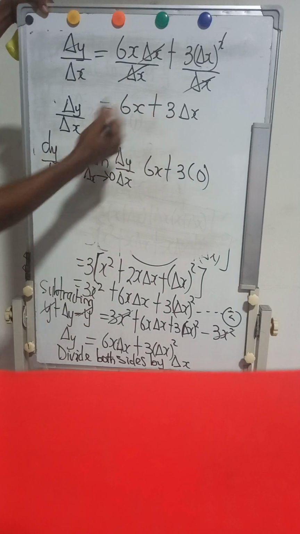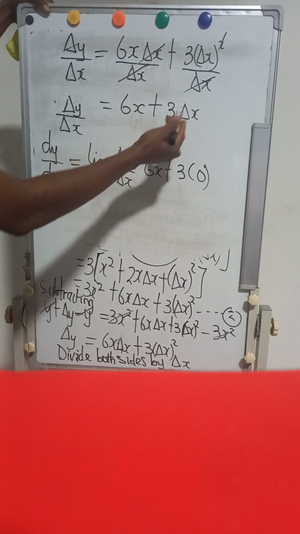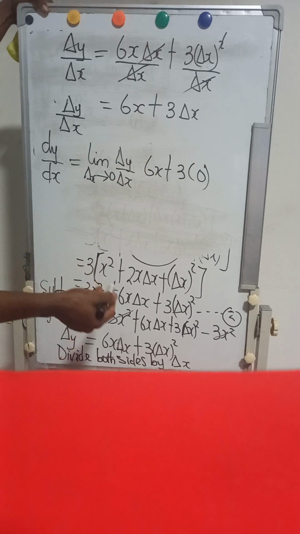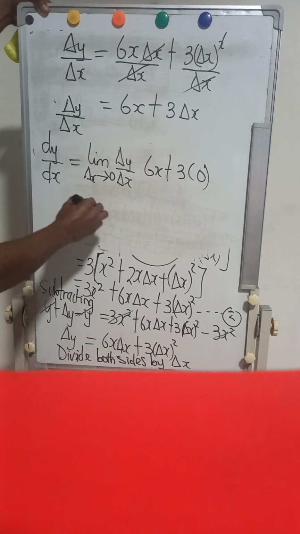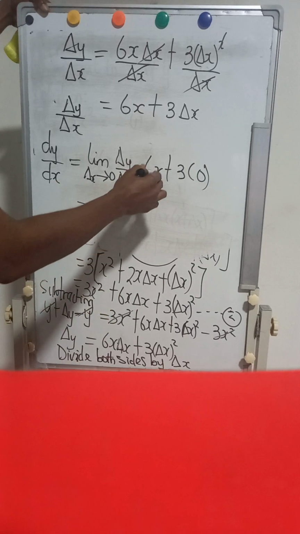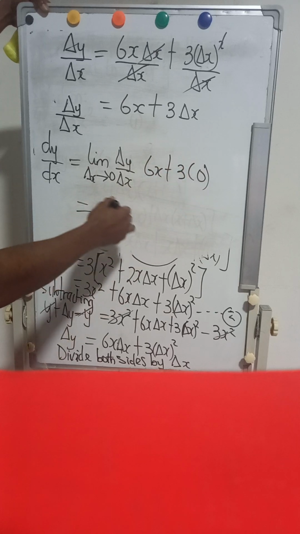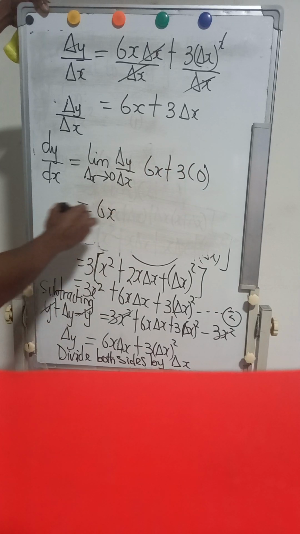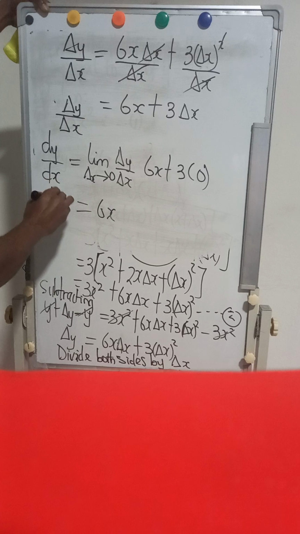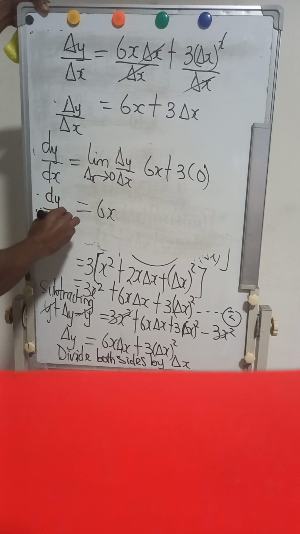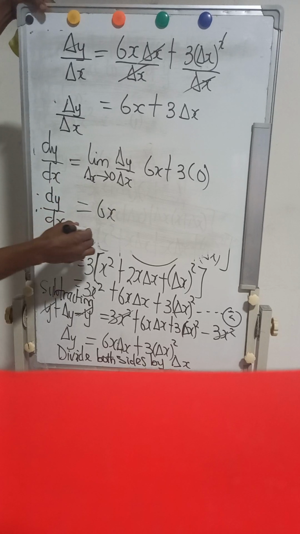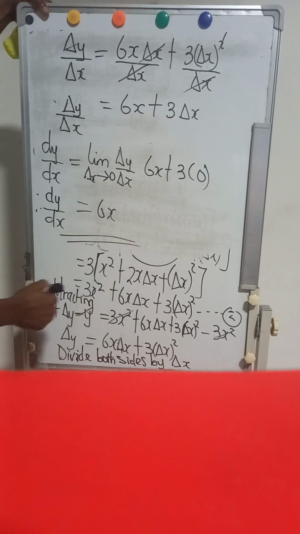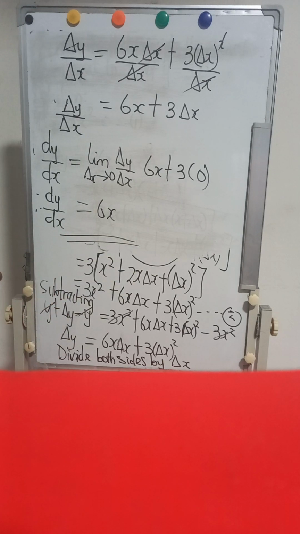Delta x tends to 0, meaning anywhere you see delta x here, you put 0. 3 times 0 is 0, so we are left with 6x. Therefore, dy dx is equal to 6x. So differentiating y equal to 3x squared with respect to x